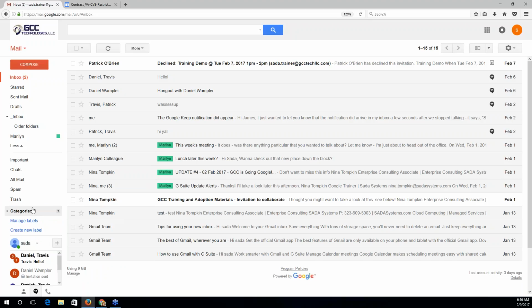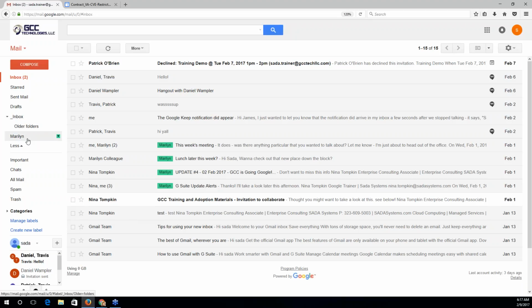But right above Google Hangouts is where you'll find your label list. And in Google, one of the things that's a big adjustment for a lot of people is that Google doesn't actually have anything called folders. It has labels. So all the older folder system and subfolder system that you used to have within Outlook, now it's been brought over into Google and converted into labels. And some of you should see a situation where maybe you have an underscore inbox followed by some sub-labels that represent the older subfolders you used to have.